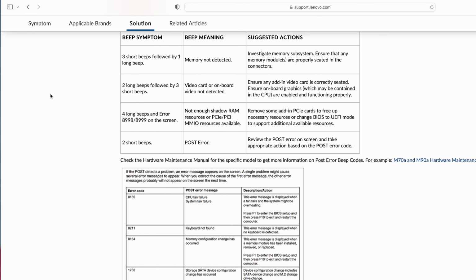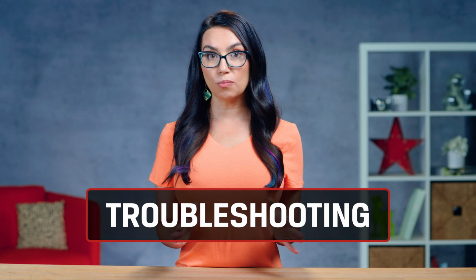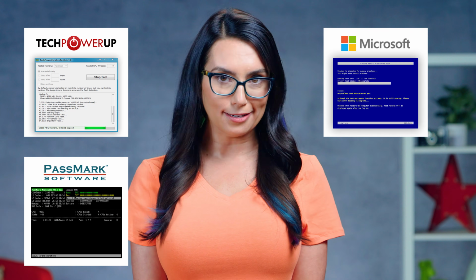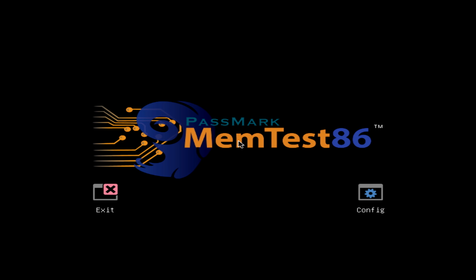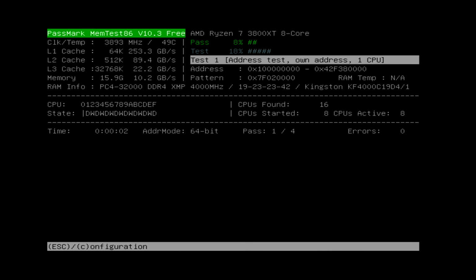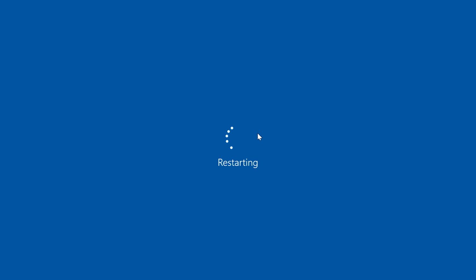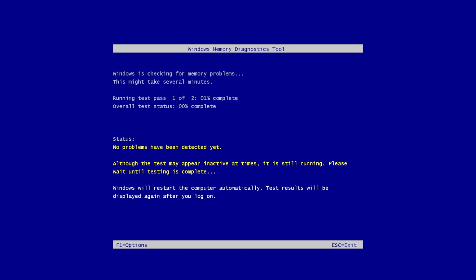If your PC is experiencing intermittent failures like the blue screen of death or freezes, there are a few online tools you can use to help diagnose if your PC pain points are in fact caused by a RAM issue. These tools include a built-in Windows memory diagnostic tool, MemTest64, and MemTest86. These tools are meant to stress test your RAM, attempting to force failures and identify the memory address locations. The MemTest tool will be more powerful than the built-in Windows tool, but the Windows tool is built in and easily accessible as a starting point.